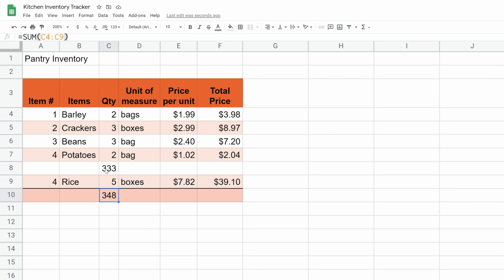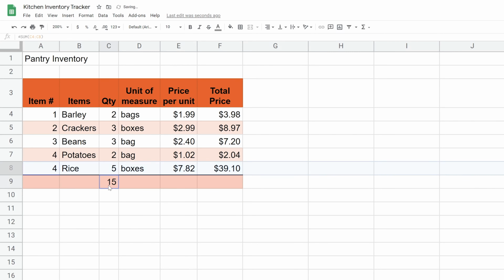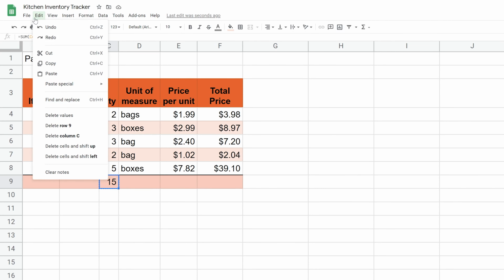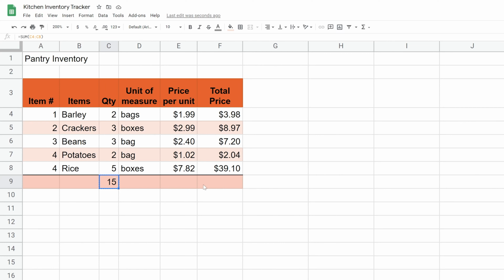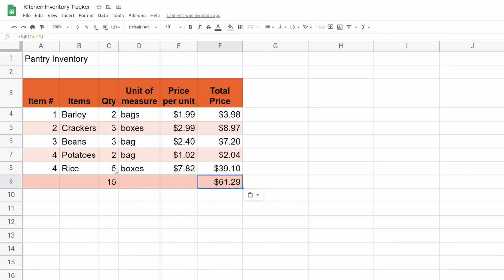And the last thing that we're going to do, well, let's get rid of that row first. The last thing that we want to do is, let's say that we want to sum up the price. All you need to do is copy the sum function in C9. So I just did Control C, or you could just go to Edit, Copy, and go into F9, and we'll do Paste, Edit, Paste. And now that sum function automatically knows to sum what's above it.